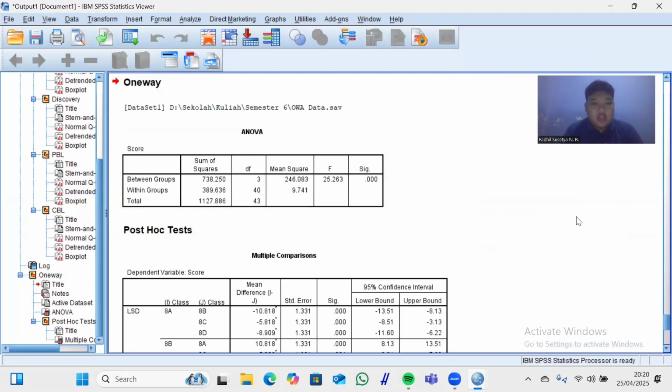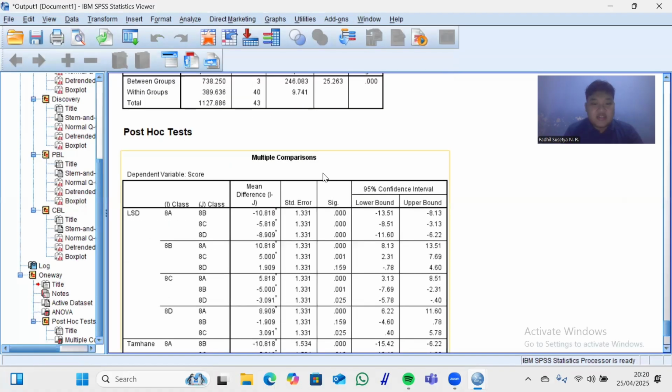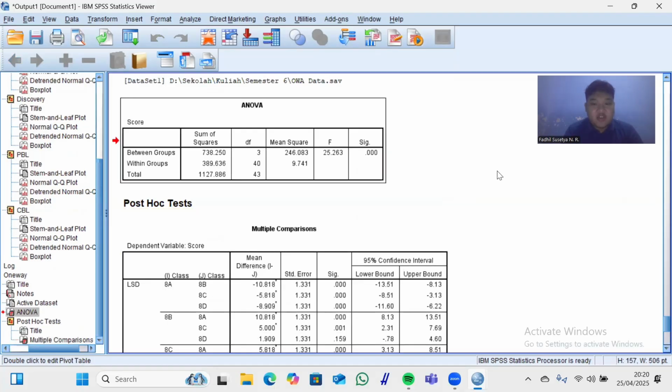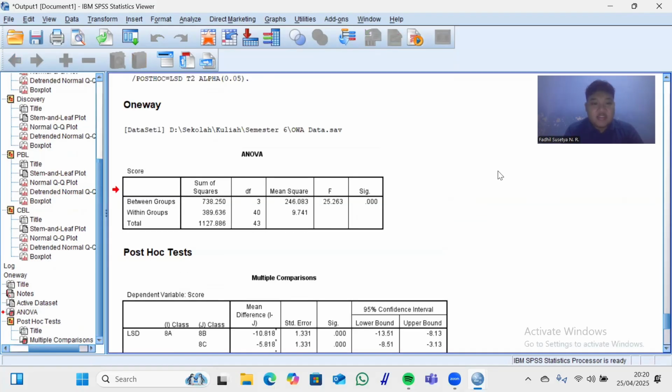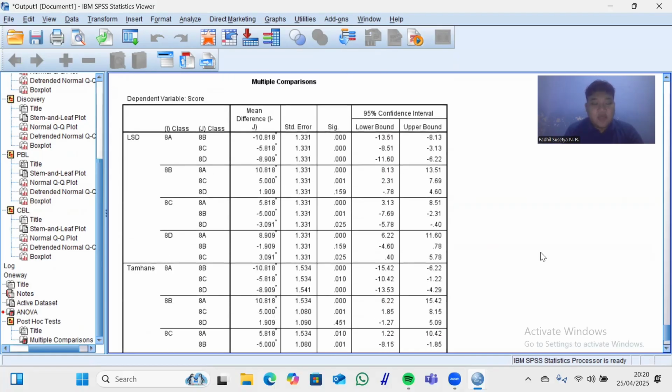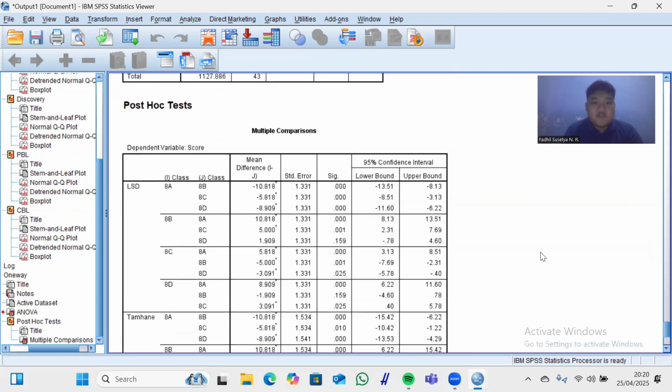So here we got the output. There are two tables that you must analyze: the ANOVA table and the post-hoc test. We got LSD and Tamhane. When you want to analyze the one-way ANOVA and the post-hoc test, just focus on the ANOVA table and the table of multiple comparisons to know the interpretation of the output.